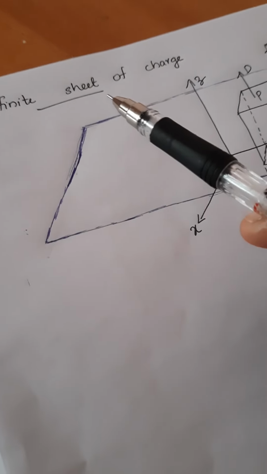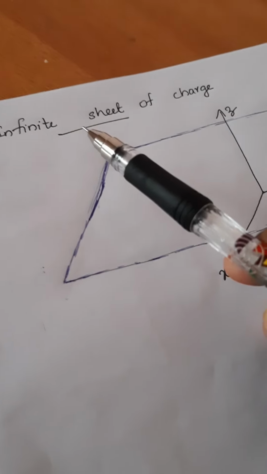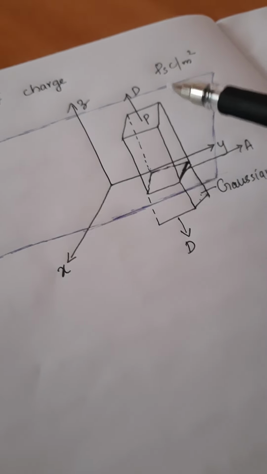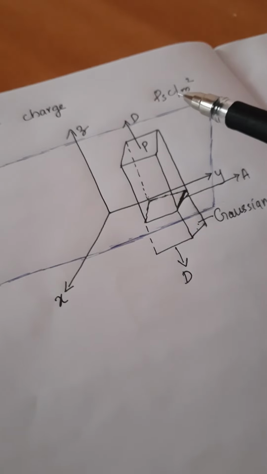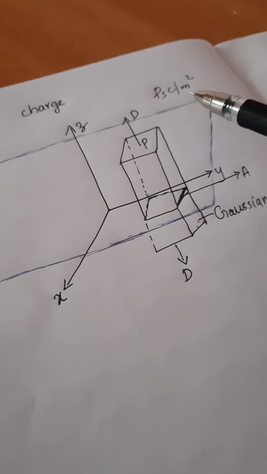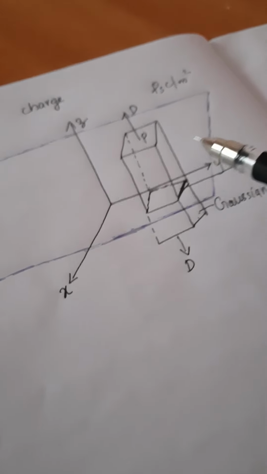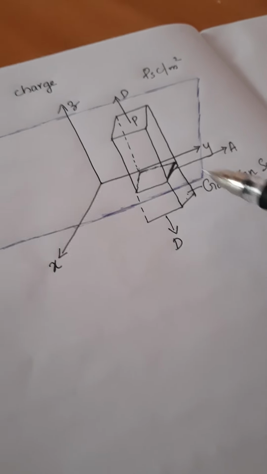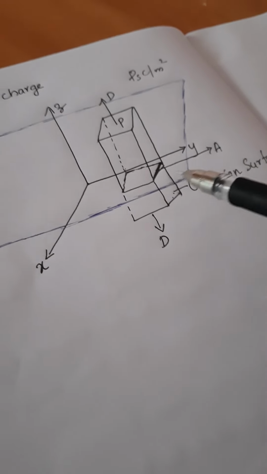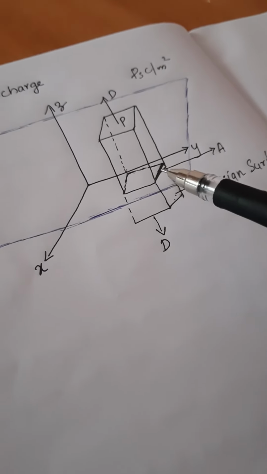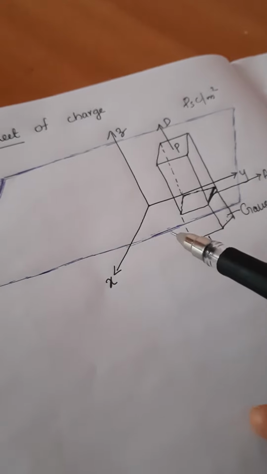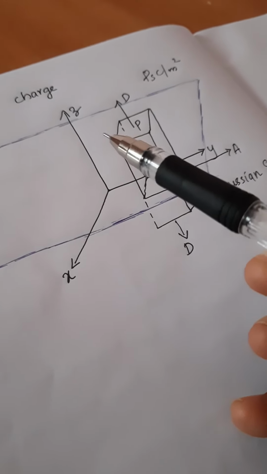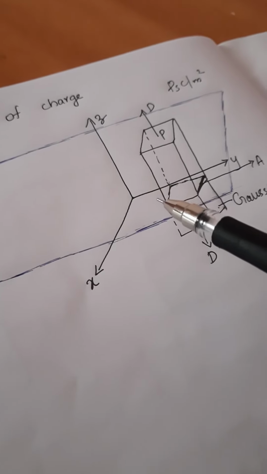So in the third application of Gauss's law, that is the infinite sheet of charge. Here we have an infinite sheet of charge having charge density rho s coulomb per meter square given, and in this case we can consider the rectangular box as the Gaussian surface, having the side with area A. So in this, in order to find the flux density over this surface by applying Gauss's law,